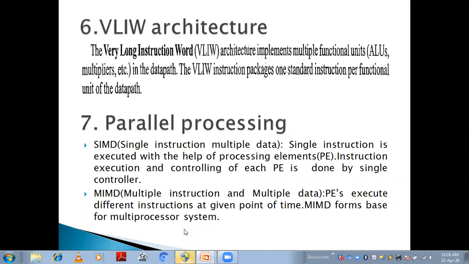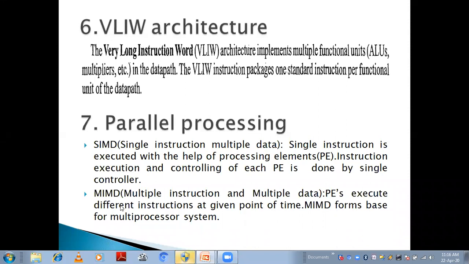In this, multiple processing elements are going to execute the same instruction, which is under the control of a single controller. For example, we have say four 8085 processors, each executing the same instruction, like for example the add instruction on different data. A single instruction is executed by different processors on different data.